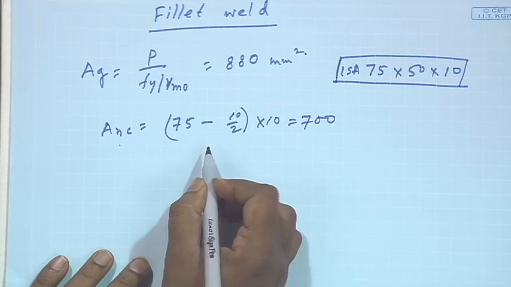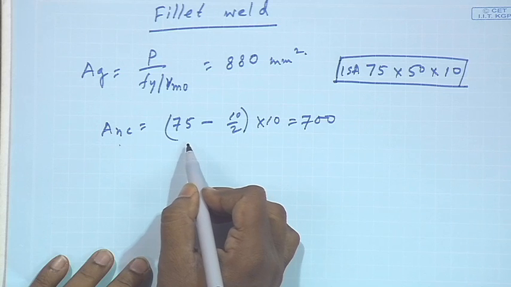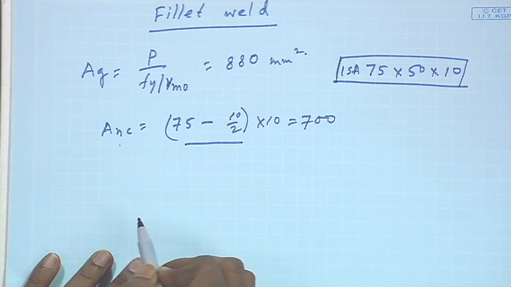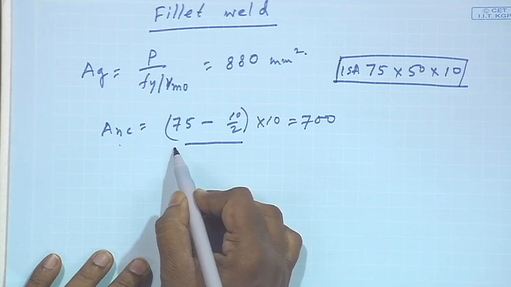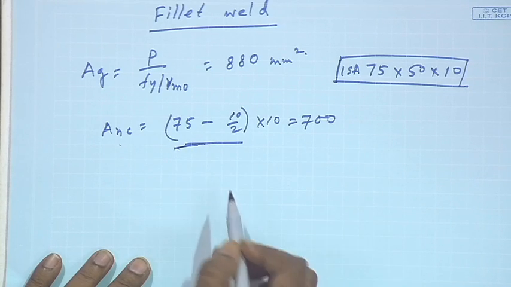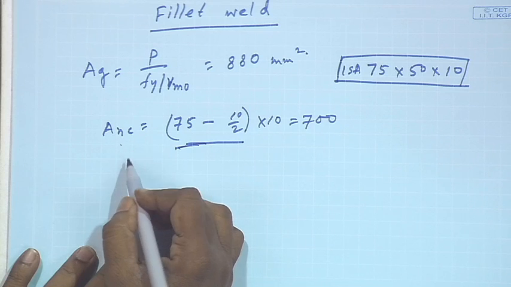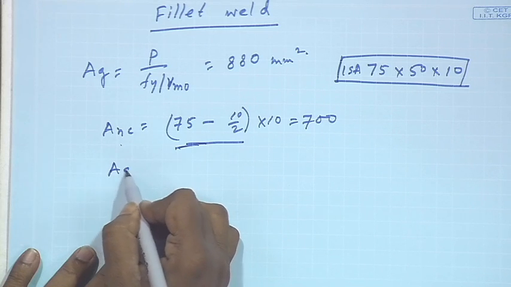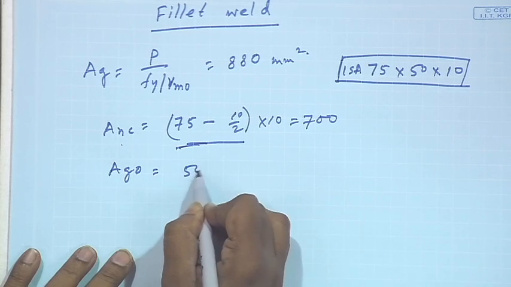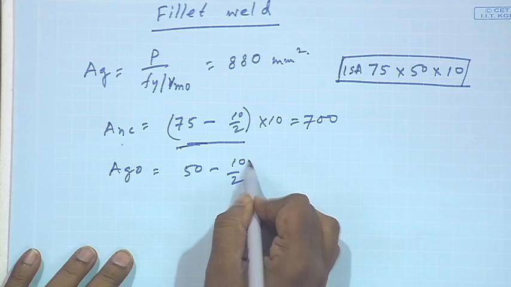Here you can observe that we are not reducing any bolt hole, because it is weld connection. In case of bolt connection, net area is deducted for the bolt hole. Okay. So, AGO also we can find out, 50 minus 10 by 2 into 10,